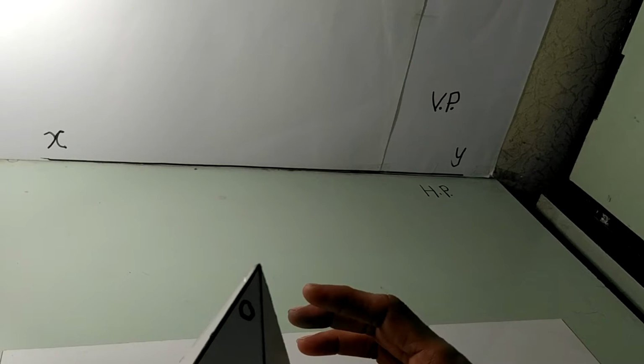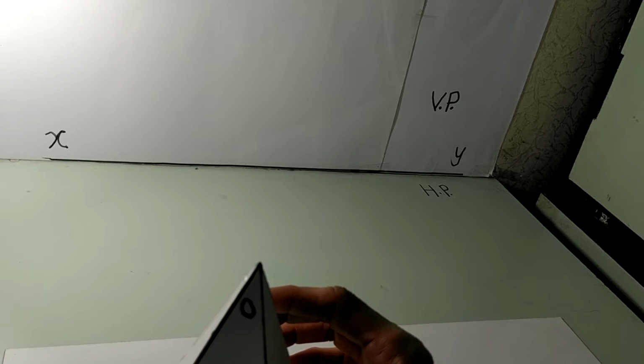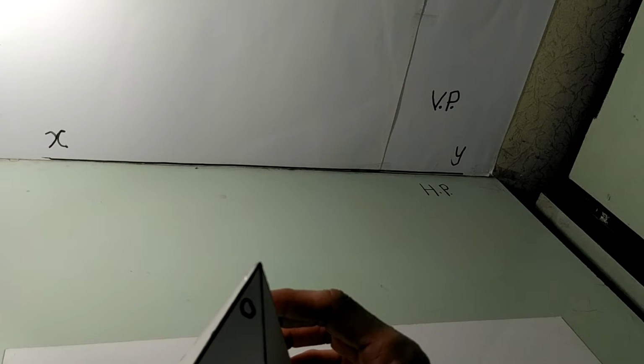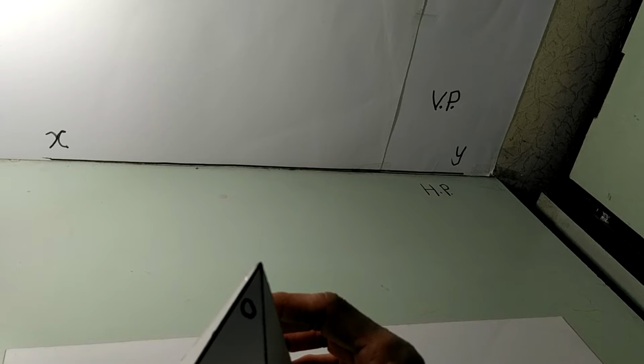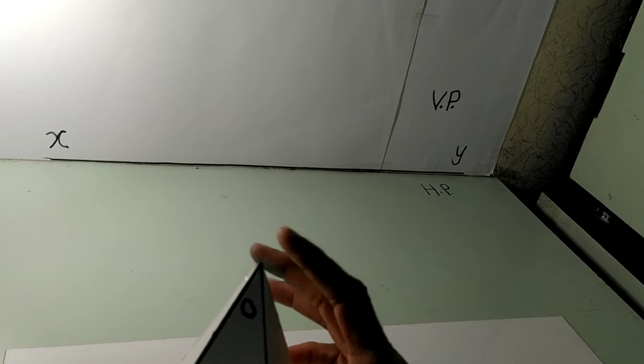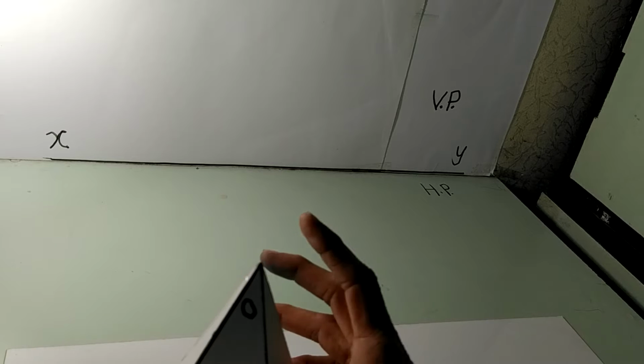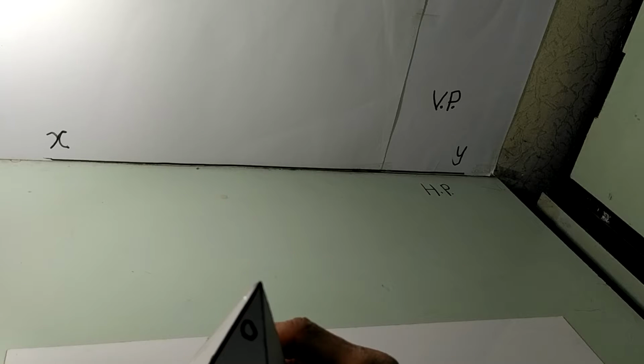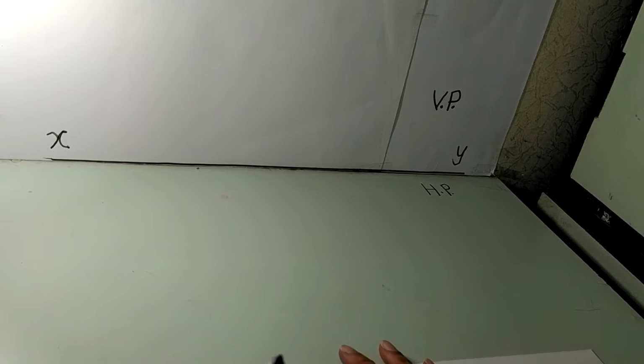So how to draw the projections of solid when it is inclined to both planes? We have had a description on this topic earlier, and we have seen several cases. We have also seen a chart which is going to tell us what are the different variations, how the inclination etc. are given. Now we will just have a look at the actual three-dimensional